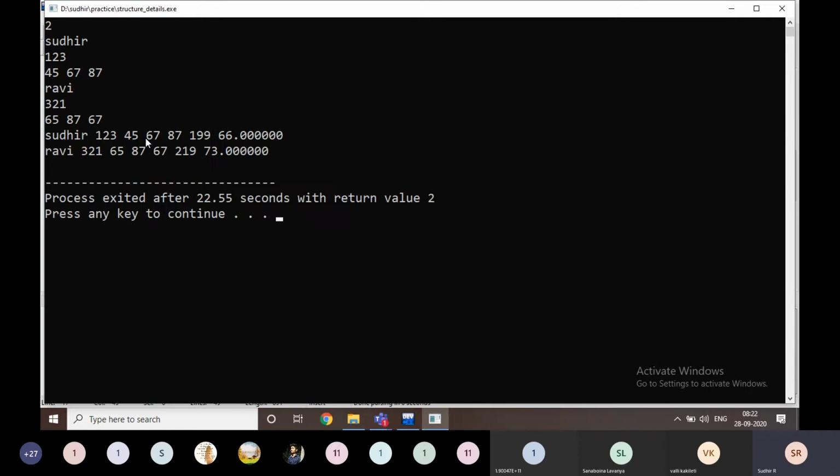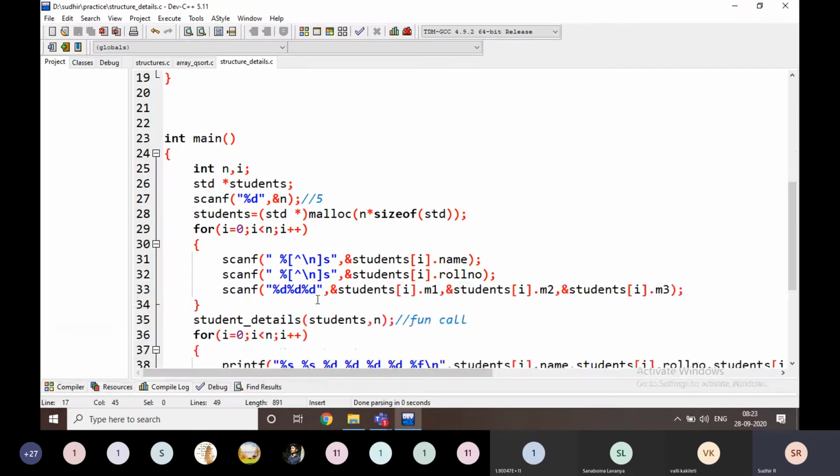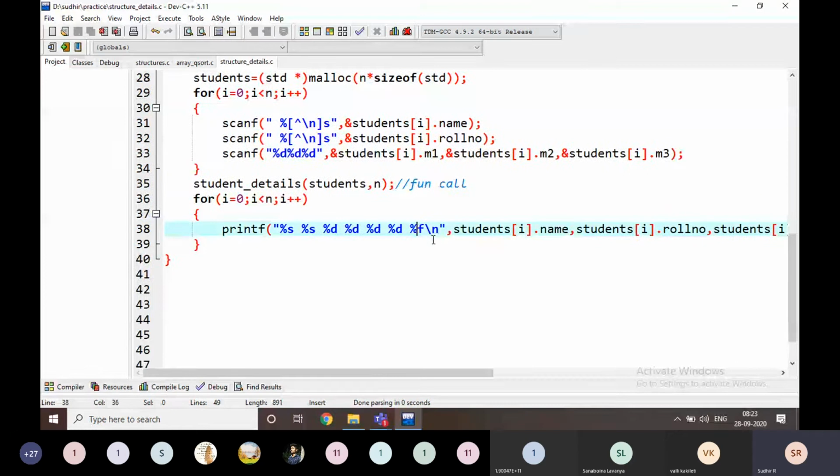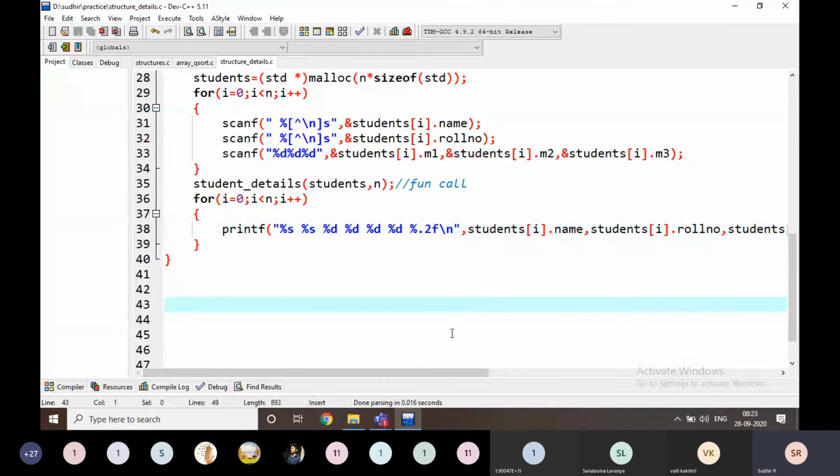Just look here, this is the total marks, and this is the percentage of the student. If I print with 2 point, it will print only two decimal values like this. Yes.